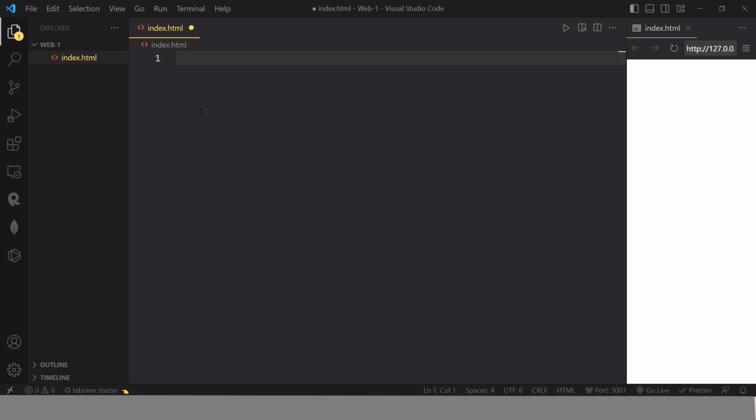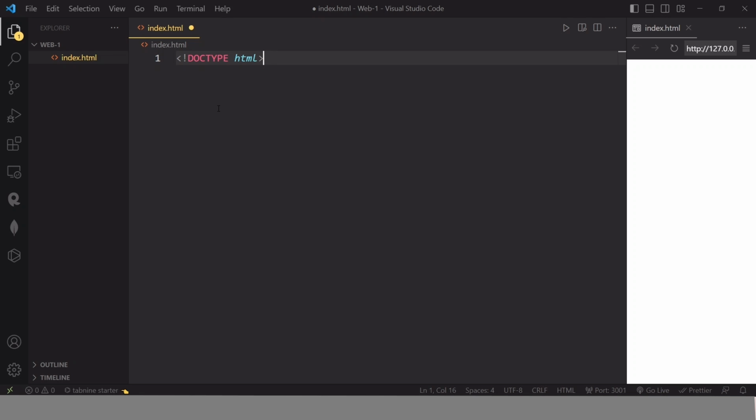So just write the less than symbol, then exclamation mark and then doctype like this. And you can see that VS Code is actually trying to autocomplete this for us. So let's just write it all by hand so that this code basically sticks in your memory. Okay, so we have to write exclamation mark, doctype, HTML in order to basically tell the browser that this